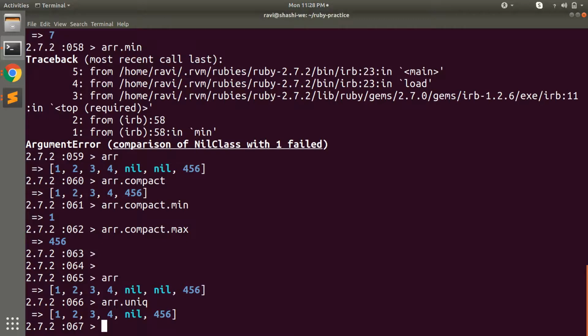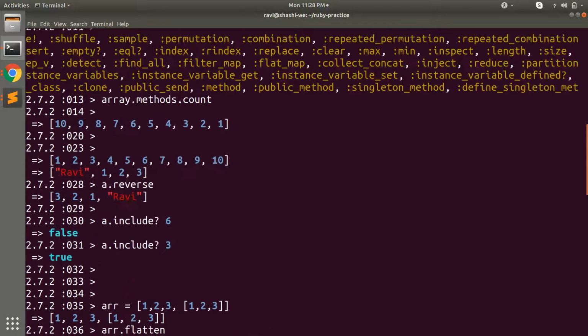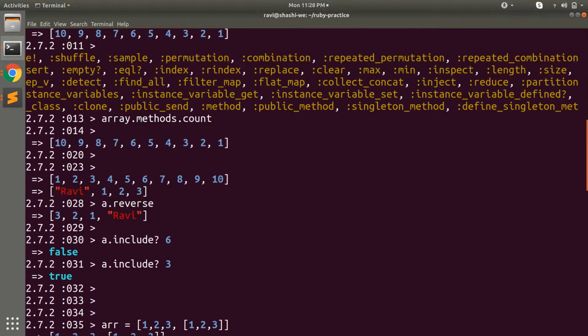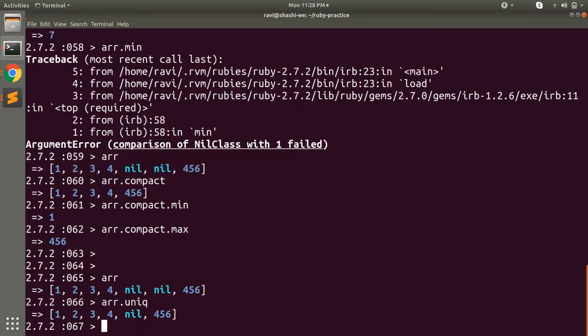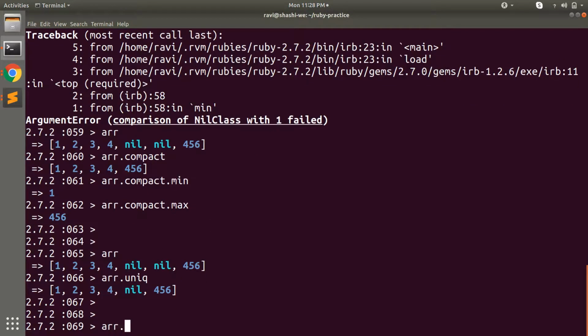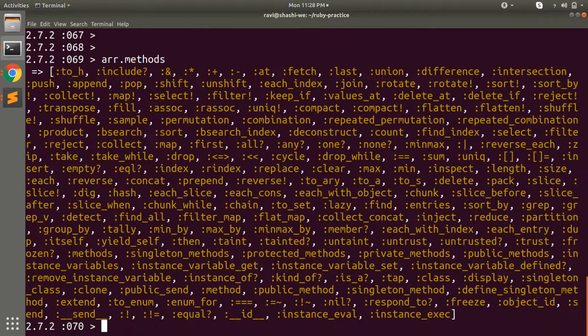Okay, so these are some basic methods, and there are so many methods, and you can use any of these. Let me show you again, these are the methods that you can use. Okay, map, collect, select, reject, delete, and we have used a couple of them, like delete and delete_at and add method, in the last lecture already.